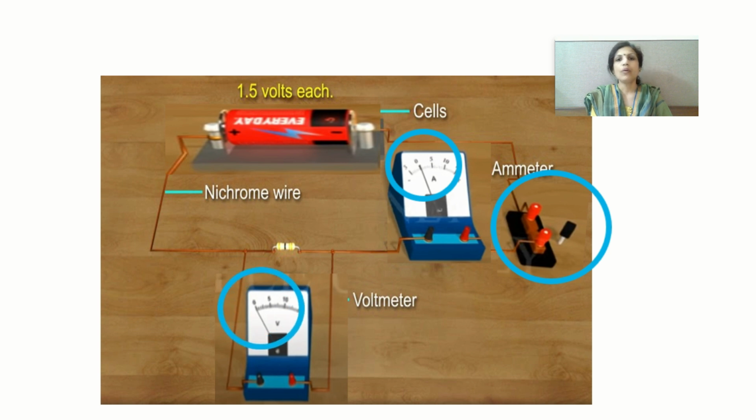So this is our first step: to connect the components to each other with the help of wire. We will not plug in the key. Once we assure that the connections are done and are correct with the help of the circuit diagram which we have, then we will plug in the key to start the experiment. So when you plug in the key,